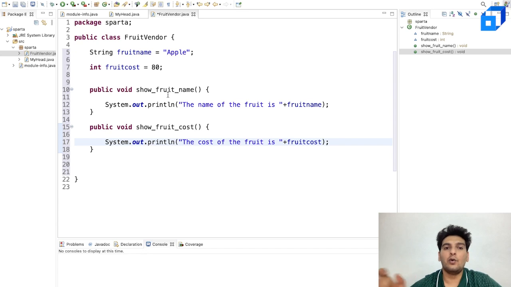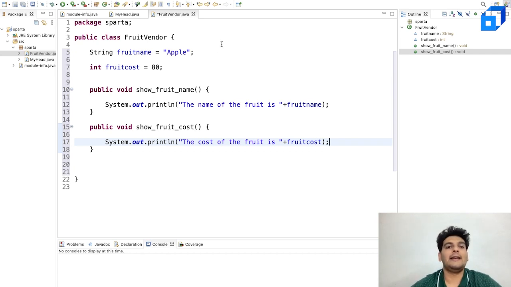When you hear the word car or the term car, that is only the blueprint. But there could be different objects or different varieties of that particular car. So Ferrari would be one particular object of the class car. Similarly, you will have Maruti, which is another variety or another object of the class car. Then you will have Tata Nano, which is again another object of this class car.